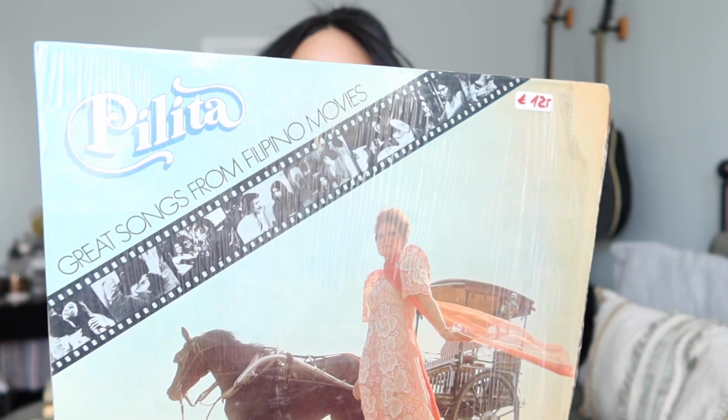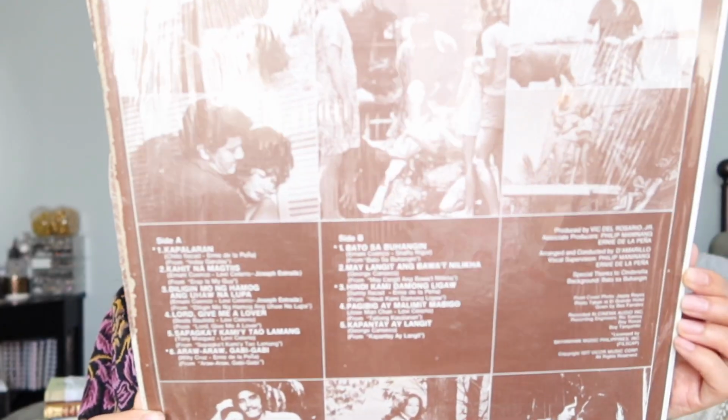So I was really surprised when we found them in Germany, but let me actually find it in this pile. It is the Pelita record, and I'm assuming this is Pelita Corrales, but it says it's the great songs from Filipino movies. And the vendor was really nice. He gave us a good deal. We found a few records and he gave us like 10 euros off, so I was really happy about that